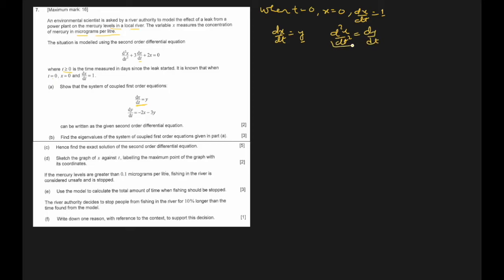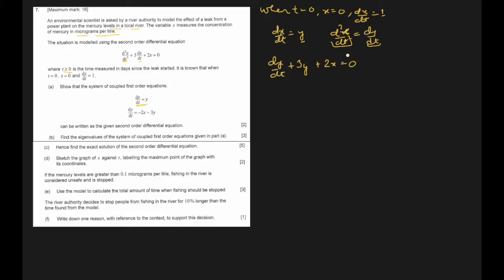So d square x over dt square is replaced by dy over dt, plus 3 times dx over dt, which is y,